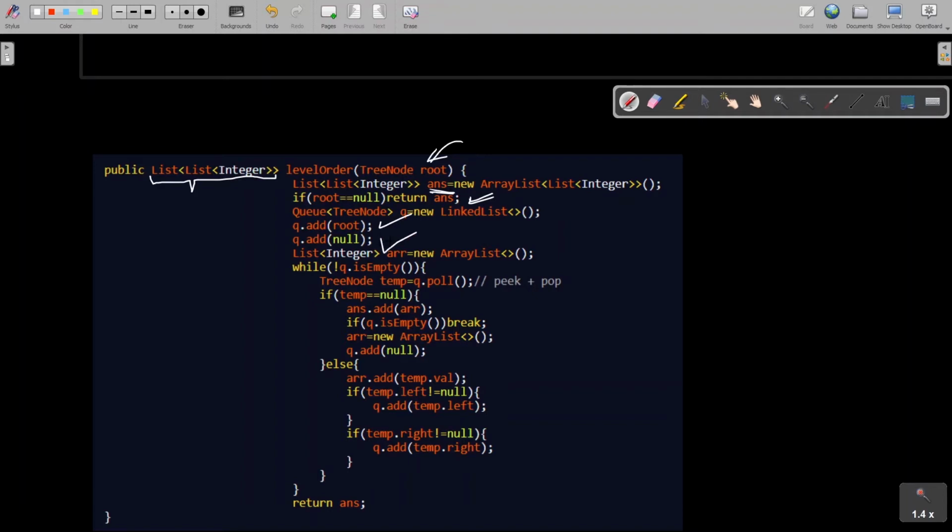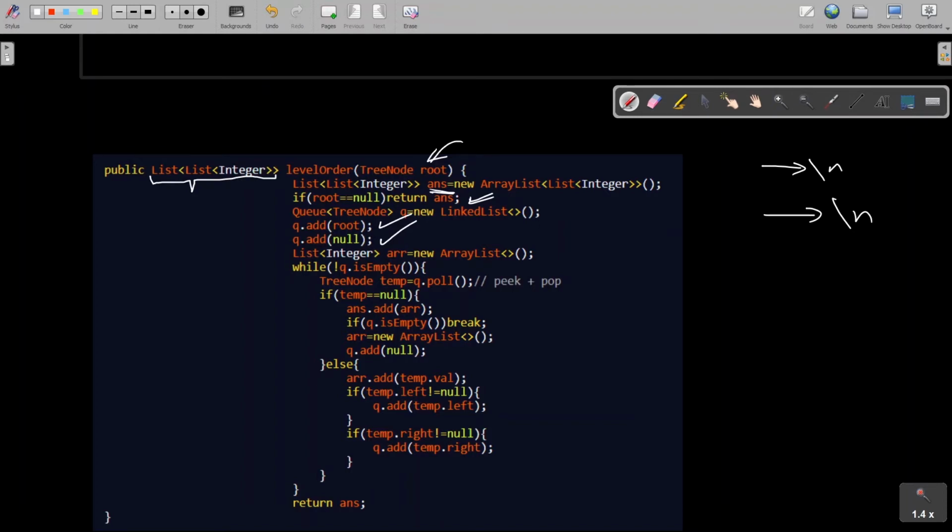So you could question why we are adding null. The answer is simple: the output which they are expecting is level by level, right? So we need to print a new line also once the level finishes. How would we know whether a level has finished or not? It is very simple. We'll add a null at the end of the level.